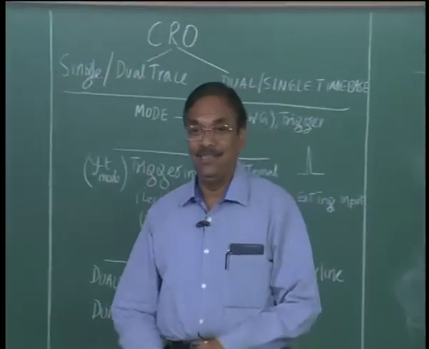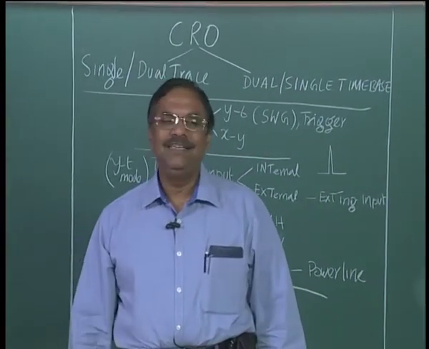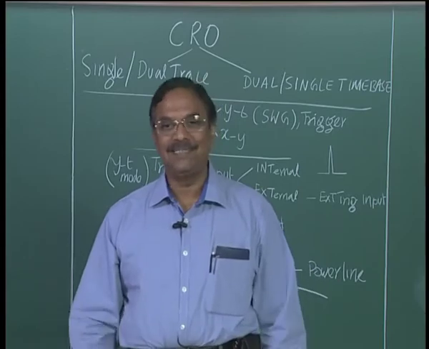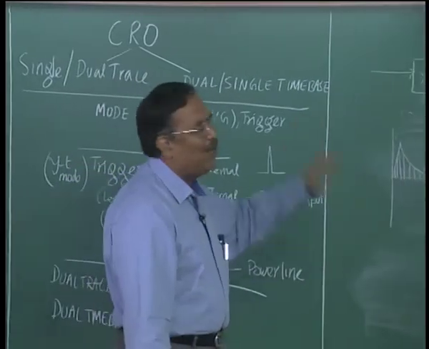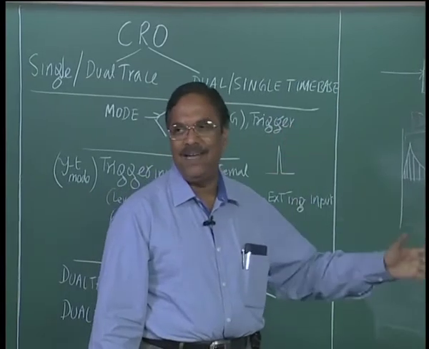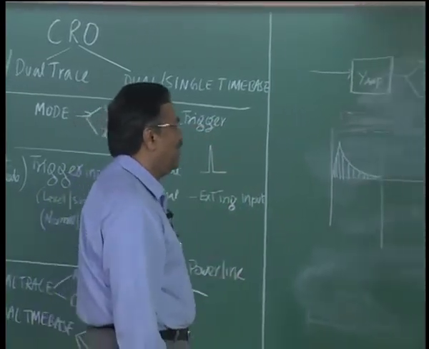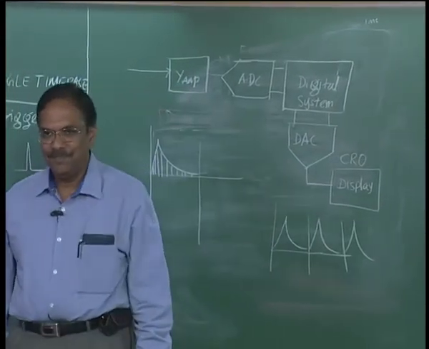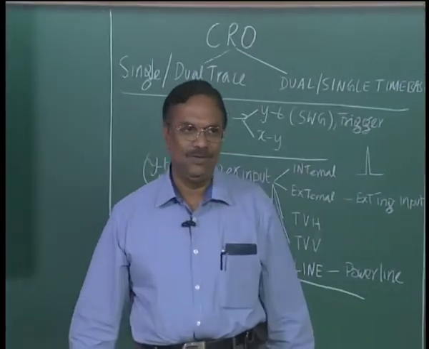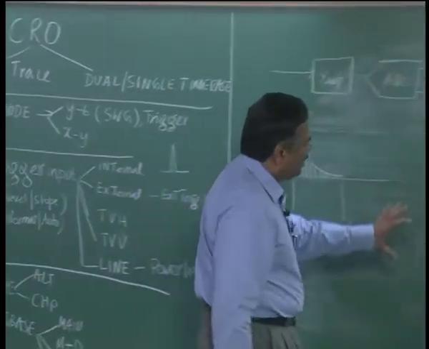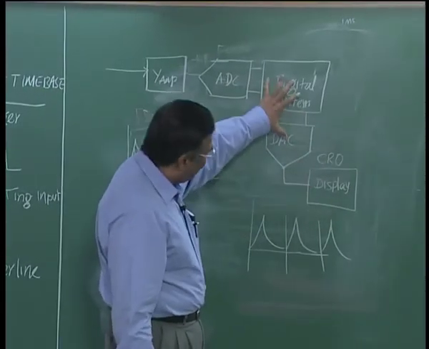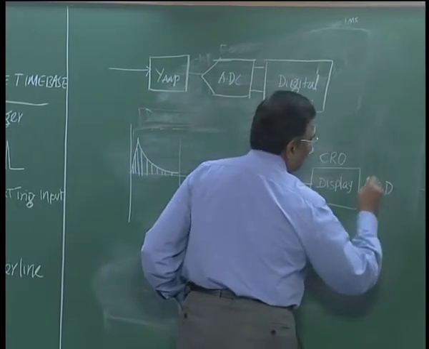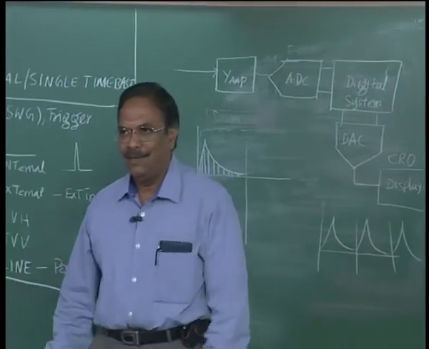This is how it was done in the initial stages, right. In the initial stages the digital storage oscilloscopes also had an analog CRO built inside, right. You had a CRT, you had deflection plates, you had deflection amplifiers, X amplifiers, Y amplifiers, the complete works was there. Additionally we have this digital system. Today most of the manufacturers do not do that, where they take a conventional display that is for any personal computer system. For example, the display could be a simple liquid crystal display with a display controller, right.